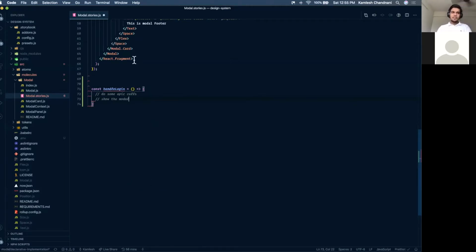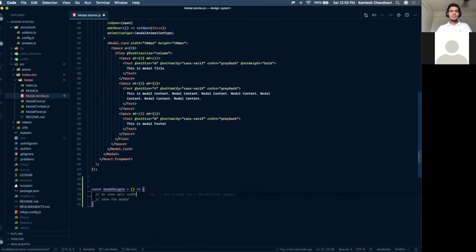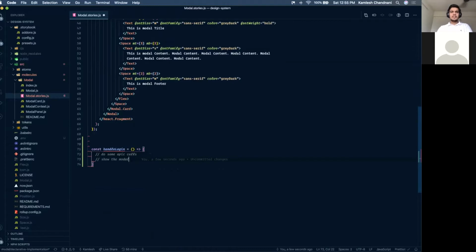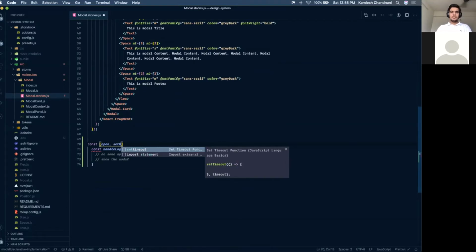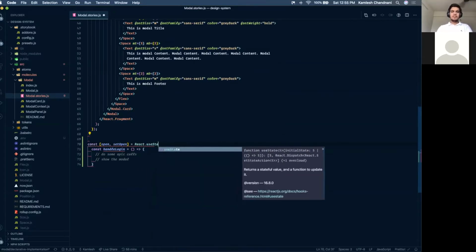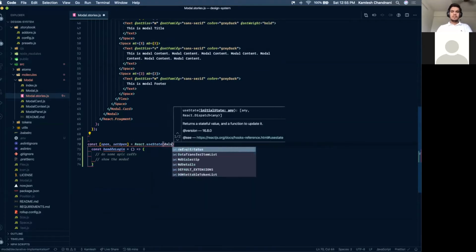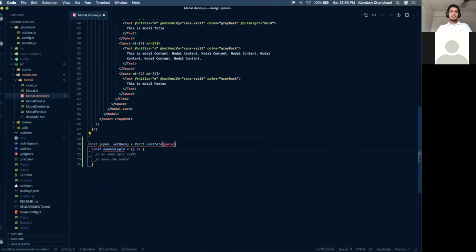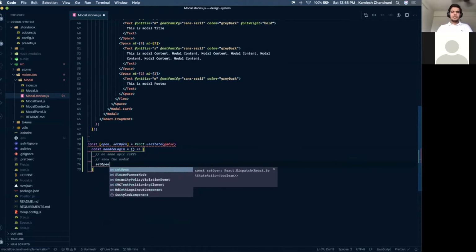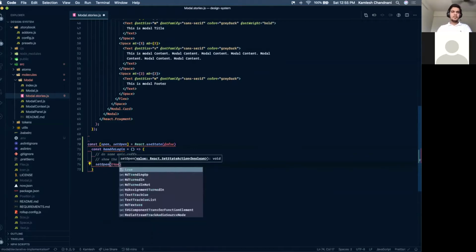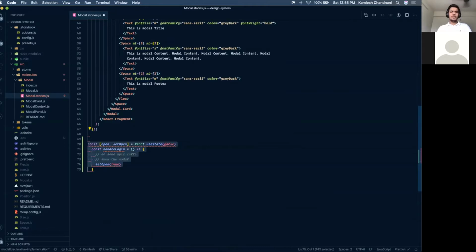Now with this approach, what you would end up doing is creating an open state. So this is how you'll end up doing it. You'll say set open to true, and that's how your modal will be opened.